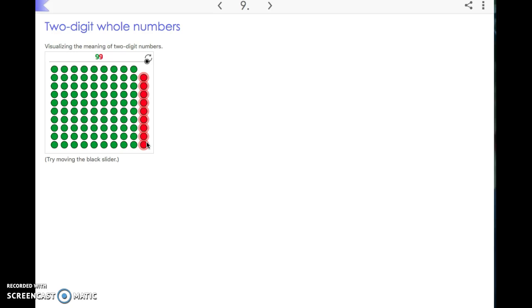So today we learned about visualizing the meaning of 2-digit numbers. If you want to go ahead and partner up with someone else and see if you can do the same thing we did, you can use the program, you can use the base 10 blocks, and go ahead and try it. Otherwise, you can go ahead and move on to the next station when the teacher tells you to,